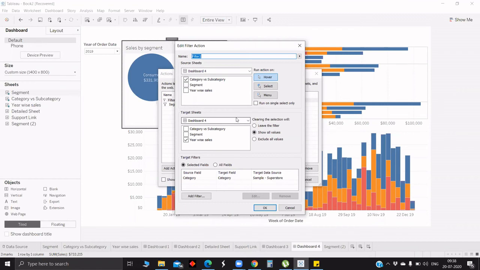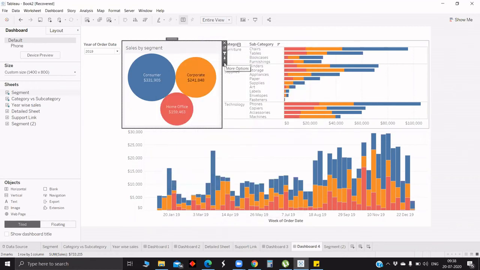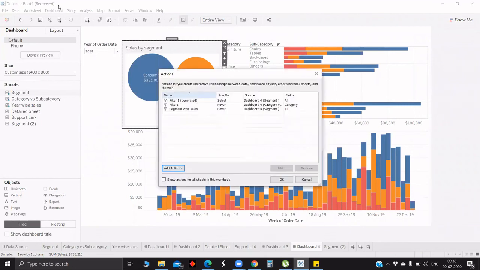As you can now distinguish even more, if we select the filter option on the side, we don't have any of these options. By default it takes all the fields and all the visualizations into consideration. But if we use the dashboard actions through this dashboard tab, we have more control over which visualizations have to be filtered, and also which fields should be filtered in each visualization. All this control we have.